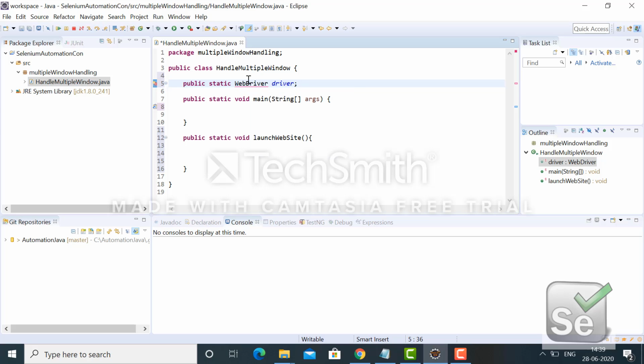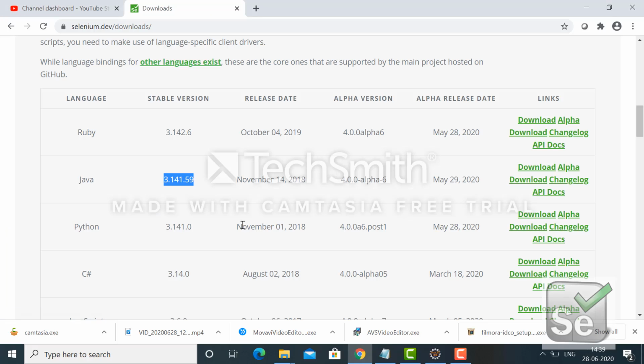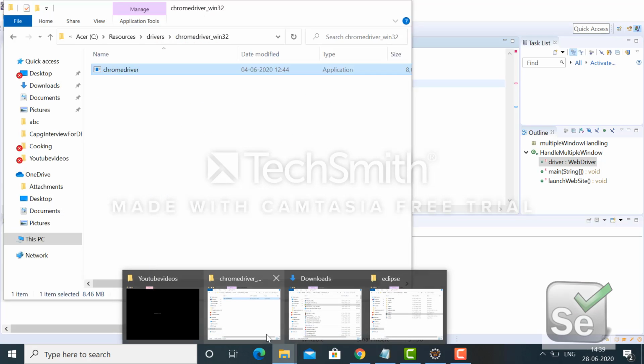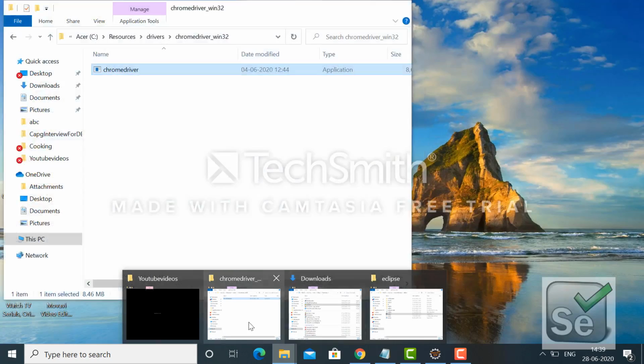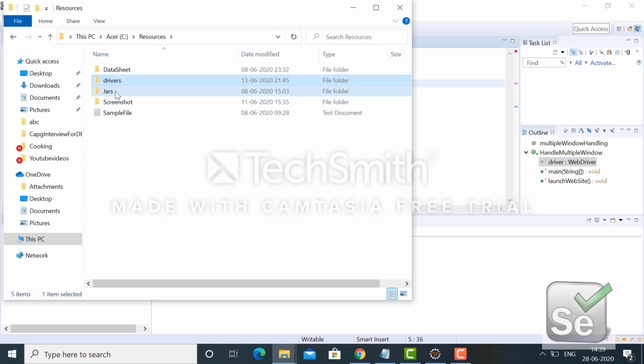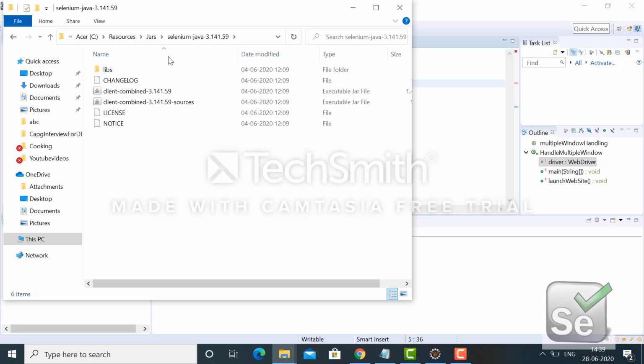Now, as I haven't associated the Selenium jar yet, you have to download the Selenium jar. I already have it downloaded, kept within the jar folder, so I will go over there and simply associate it. This is my folder location.